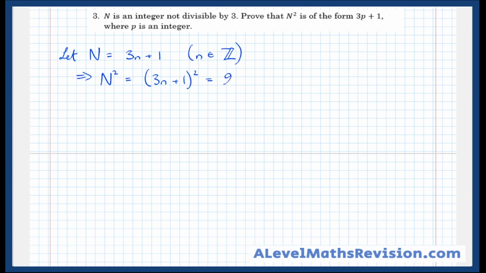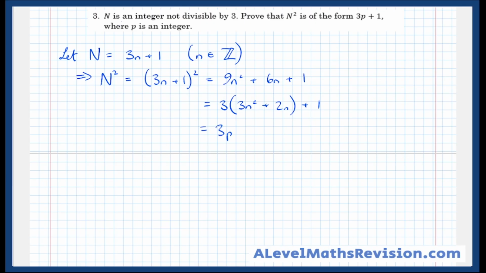So I've got 9n squared plus 6n plus 1, and we're being asked to show that it's of the form 3p plus 1, where p is an integer. So let's take out the factor of 3 that it's asking us to take out. So 3, and that gives us 3n squared plus 2n, and we've run out of things that we can take a factor of 3 out of. So we've got the 1 on the outside